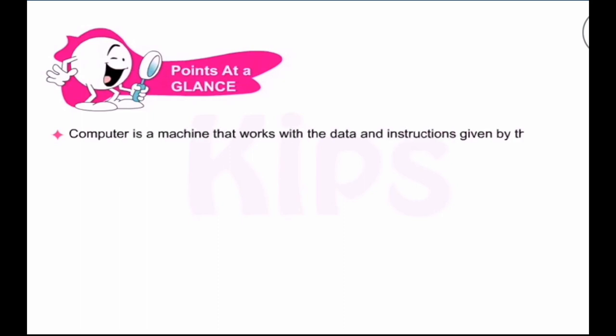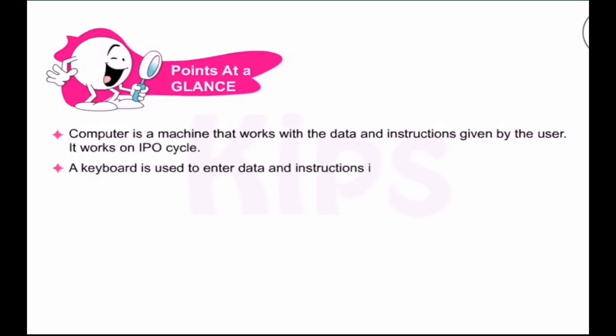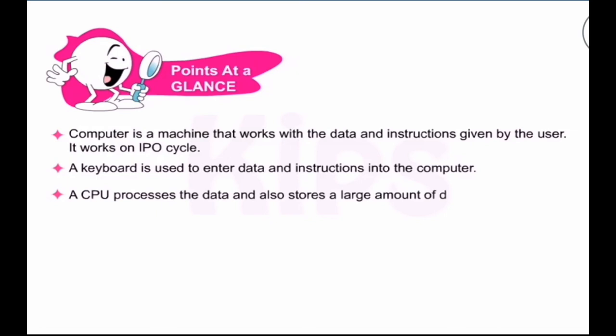Let's do a quick recap of what we have done in the class. A computer is a machine that works with instructions given by the user. It works on the IPO cycle. A keyboard is used to enter data and instructions into the computer. A CPU processes the data and also stores a large amount of data. A mouse is a pointing device which can